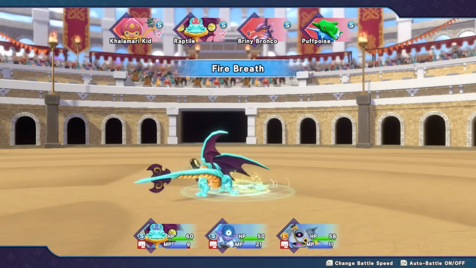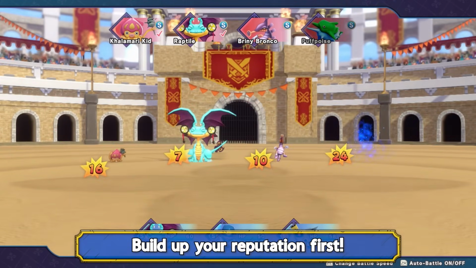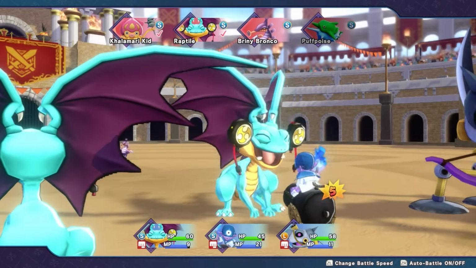Finally, as long as you are in the underworld, remember that you need to build your reputation to make it easier to scout. This means doing quests, beating Colosseum ranks, and progressing the story too before you try to scout